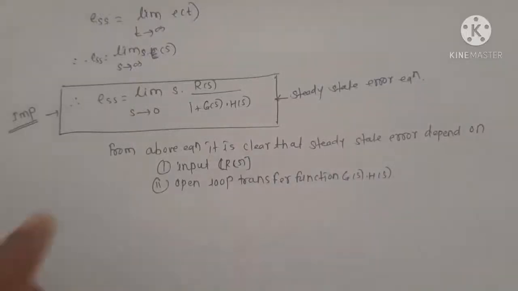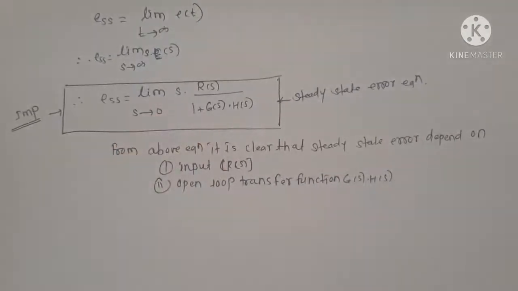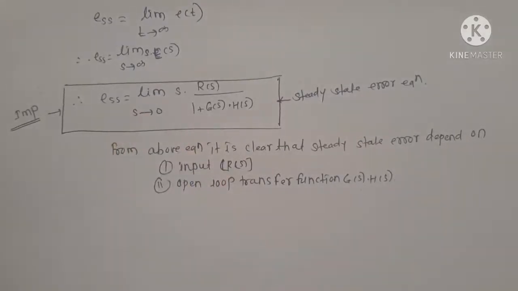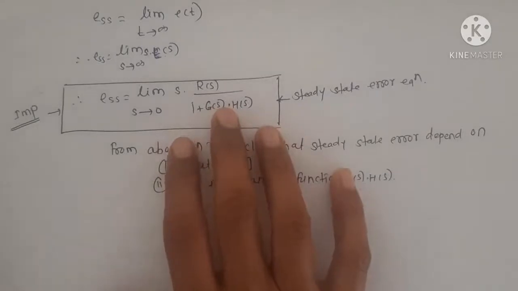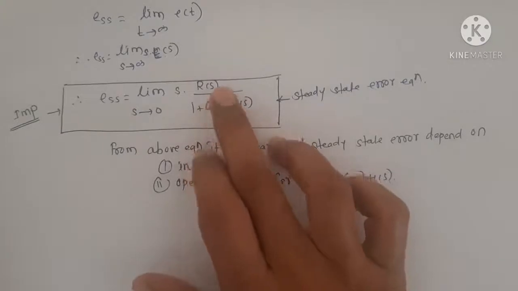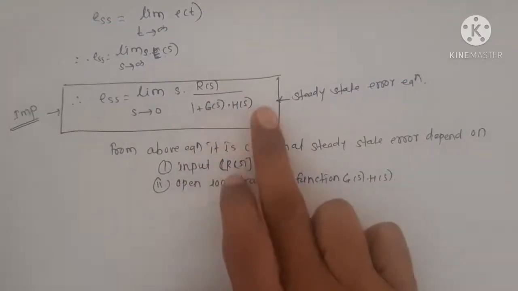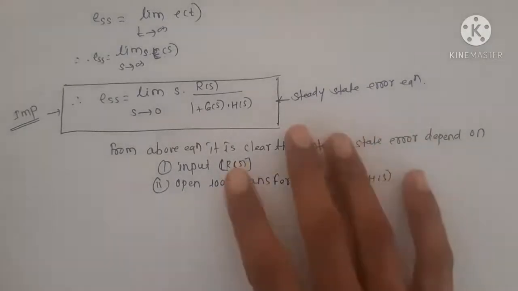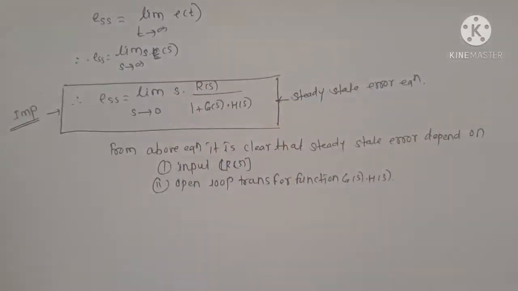In the previous lecture, we have seen the topic that is the equation for steady state error. This is an important equation: ESS is equal to limit s tends to 0, s into R of s upon 1 plus G of s into H of s. According to this equation, steady state error depends on two factors: the input, R of s, and G of s into H of s, which is the open loop transfer function. So in today's lecture we will see what is the effect of this input on steady state